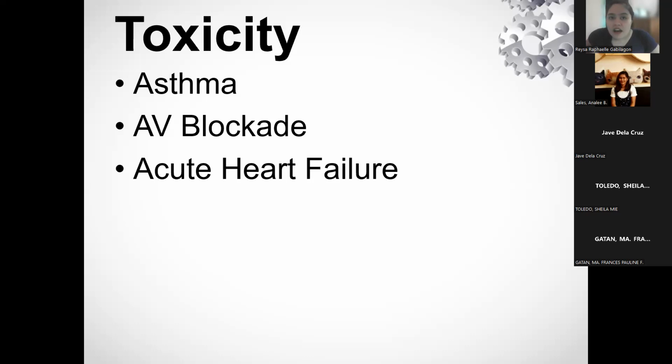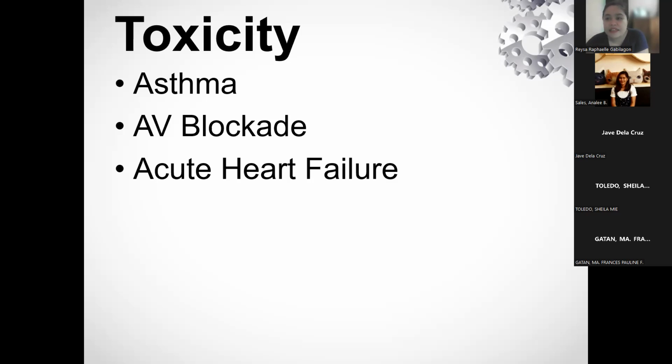When the beta-2 receptor is stimulated, it can cause bronchodilation. Now, if we are going to block that, remember what's the reverse of bronchodilation? It's bronchoconstriction. So the patient may have difficulty breathing, and especially for asthmatic and COPD patients,